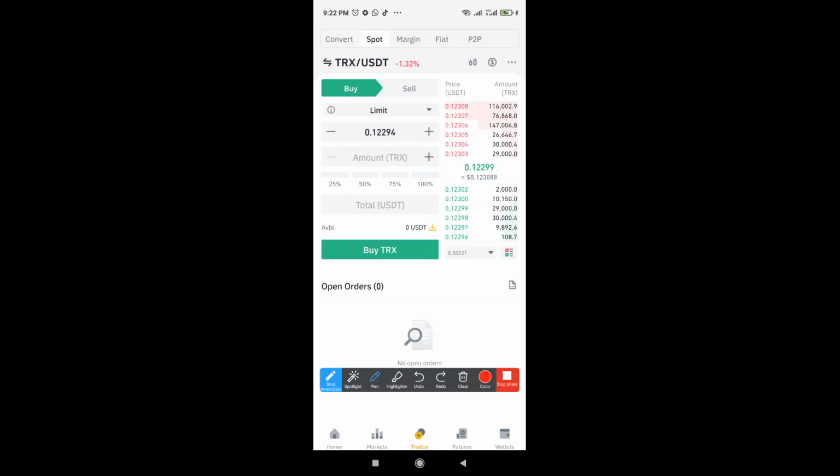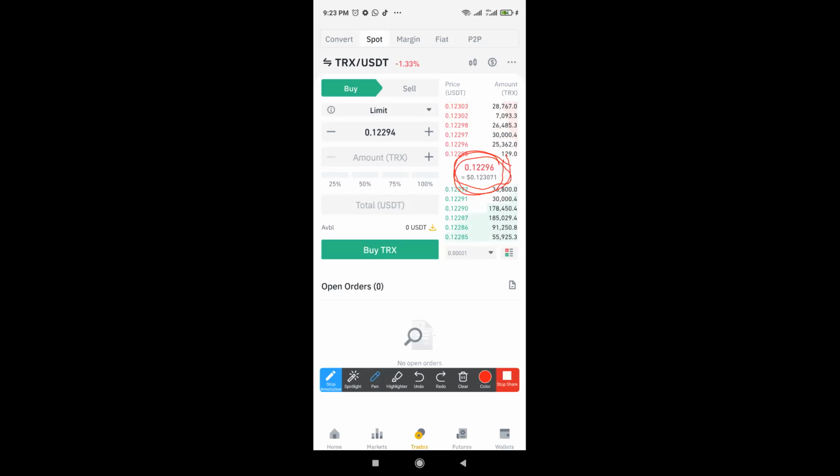You can see people buying 29,000 Tron, 195,000 Tron. You can see different people buying Tron in different amounts. And here it's showing you people that are selling their own Tron too. You can see somebody just sold 112,000 of his Tron, 99,000 of his Tron. This part is showing you how much Tron is currently in the market, 0.122. Before you buy, you need to know the price. This is the price in the market.